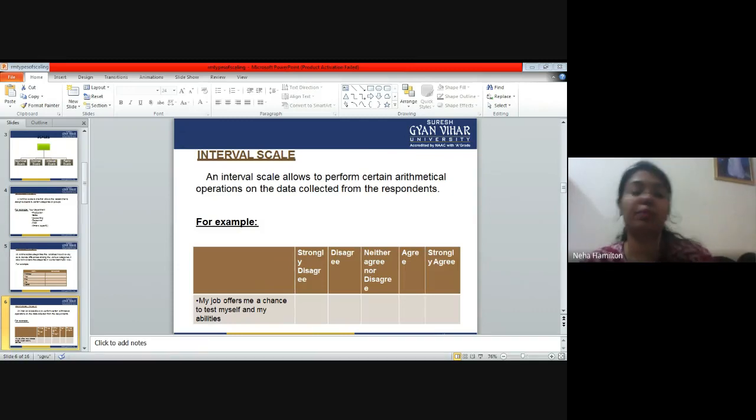These things can't otherwise be quantified, but through the Likert scale, we can quantify them up to a certain parameter, right? As you can see, there are five options. The Likert scale ranges from 5 to 7 to 8 point scales also. Definitely, if you're using a 6 point scale, it is more accurate than a 5 point scale. More options, more accuracy, right?